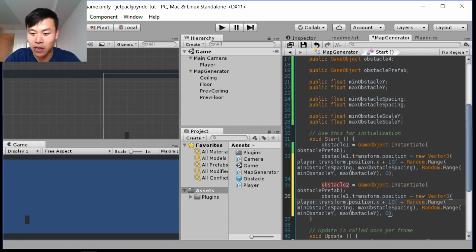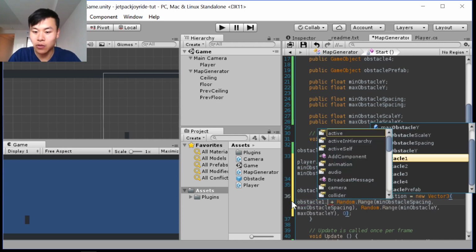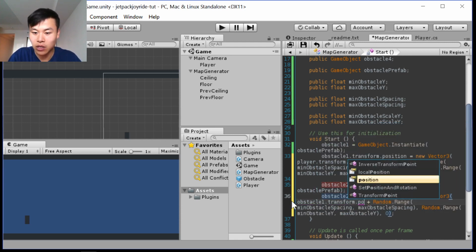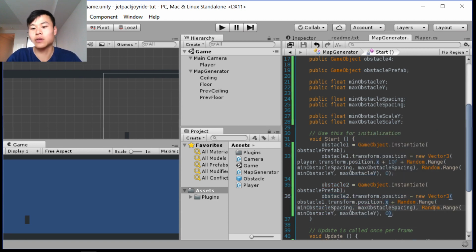So it would be something like obstacle 2 is this. This would be obstacle1.transform.position.x. So you can already see that these two are very similar,